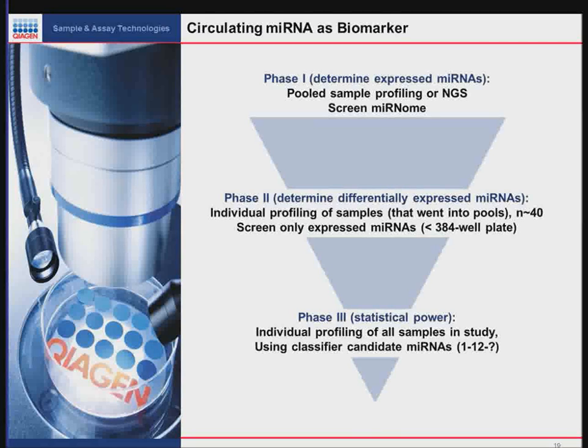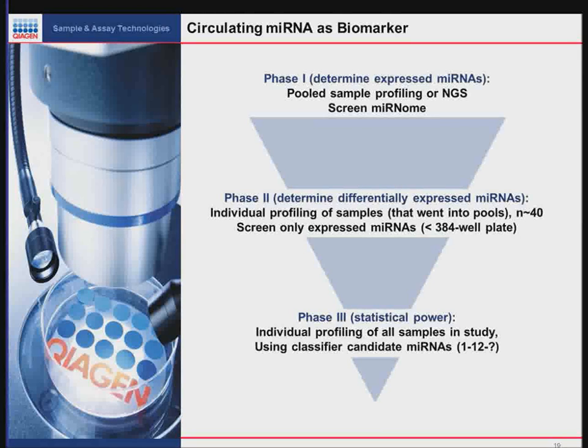So phase 1, we're looking at pooled sample profiling, or you could do NGS of a pooled sample and screen the whole micronome to know what's there. Then we take the microRNAs that are expressed and we profile each individual sample with the microRNAs that are expressed. And so in our experiment, it was several dozen samples, and we screen these only the expressed microRNAs, and they all fit essentially on a 3 to